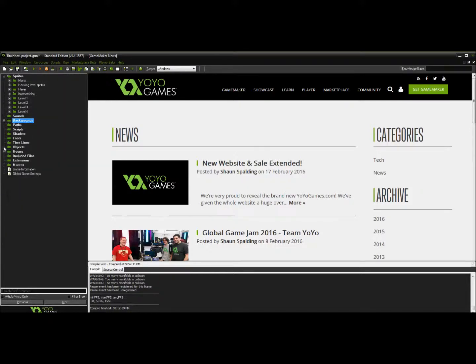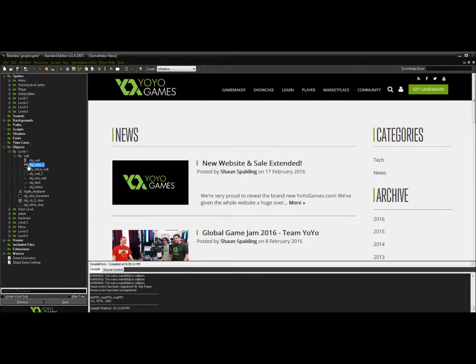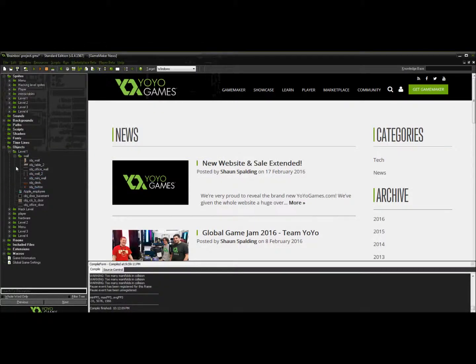Now coming to objects, this is also where I've tried to do some file management, makes things easier for myself. It's level 1, got all the walls. You've seen the sprites for them. They don't actually have anything other than the fact that they're solid and use physics with a density of 0 and a depth of 0. That goes for all of the objects. They don't have any activities on them. However, the sprite